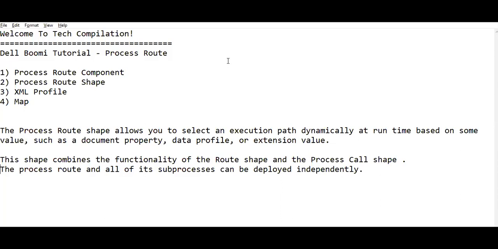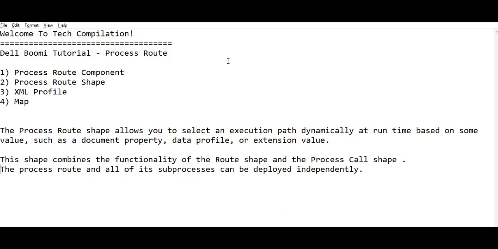To establish parent-child communication, we can use the process call step. Based on a certain expression, when we need to route a certain document from one transition to another, we can use the route shape. Those are the two different ways we have already seen.